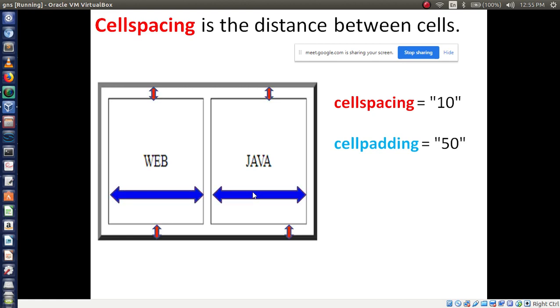Have you written the meaning of cell spacing? Here you can represent a small arrow for cell spacing, then a big arrow for cell padding.